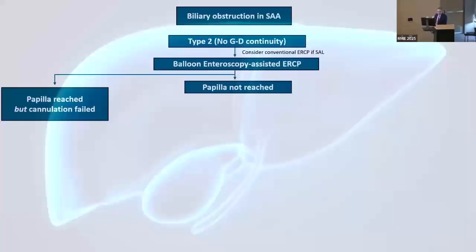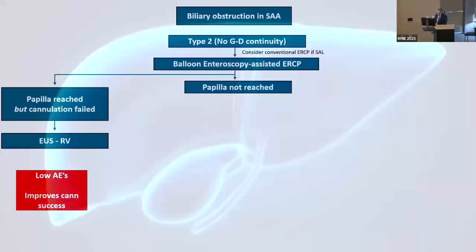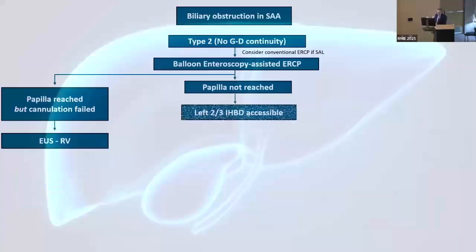But let's say you reach the papilla but you can't cannulate. You can assist this with the EUS rendezvous approach, similar to a PTBD rendezvous approach. More often than not, as I mentioned, the failures are a result of not being able to reach the papilla. The rationale for the rendezvous is that it has low adverse events and might improve cannulation success. But if you're not able to reach your papilla and your left segment 2-3 intrahepatic duct is accessible,